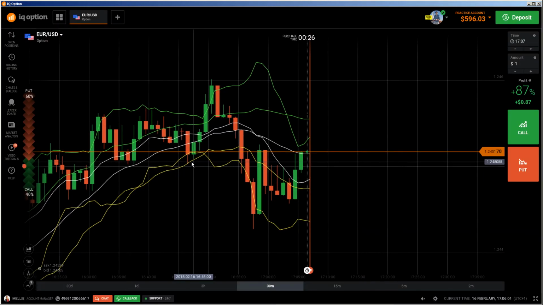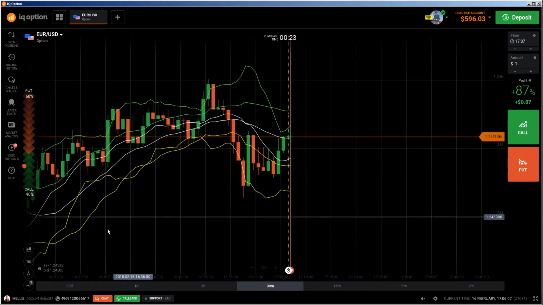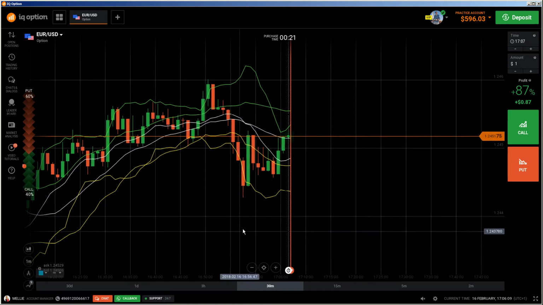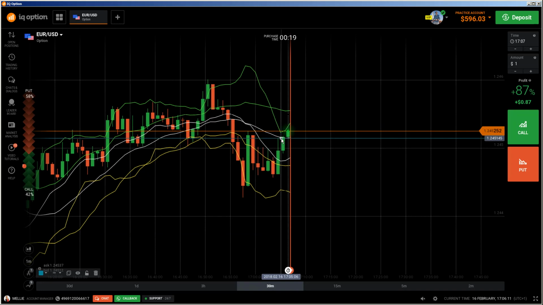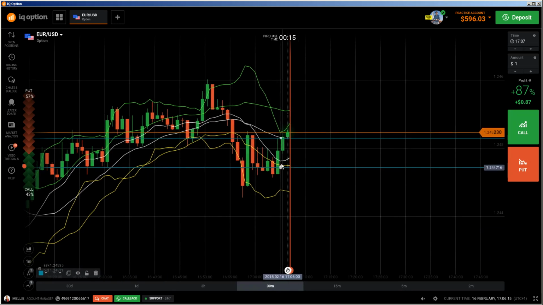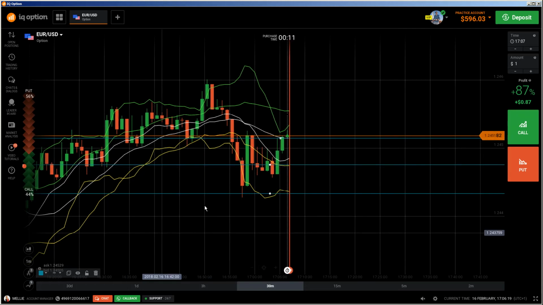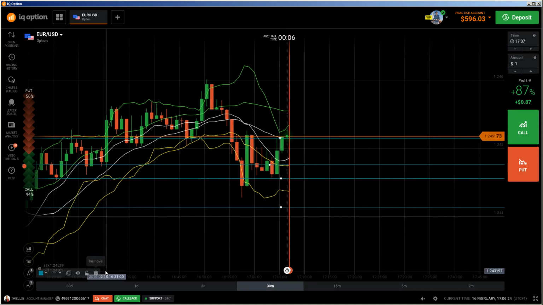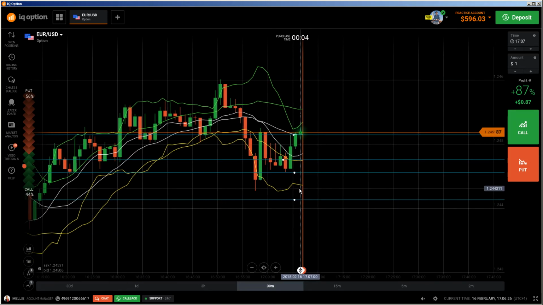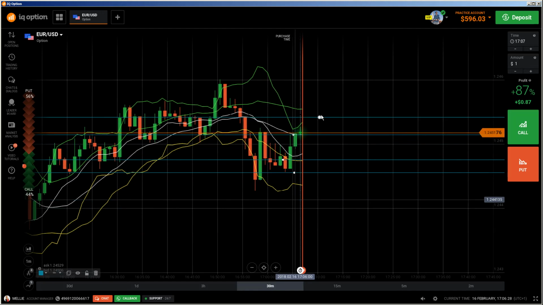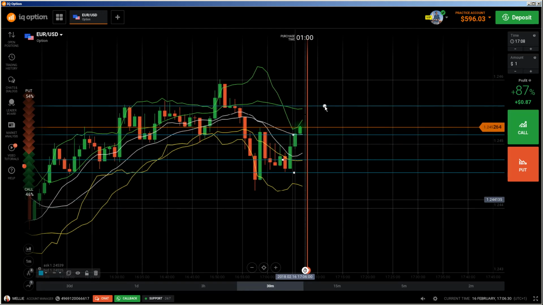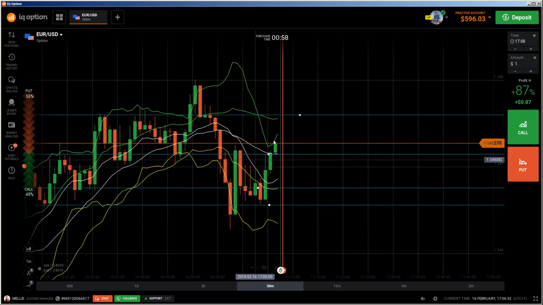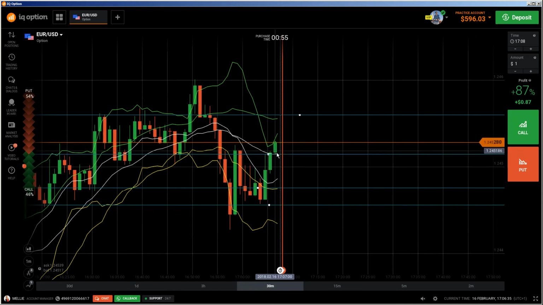And why we are putting two Bollinger Bands here is easy to demonstrate, because where those yellow lines are crossing, that are both lower lines, is a support and resistance area. Here, here, and here. And also where the green lines are crossing is also a support and resistance area. That means here. And now you see, we have got a rejection here from this lower